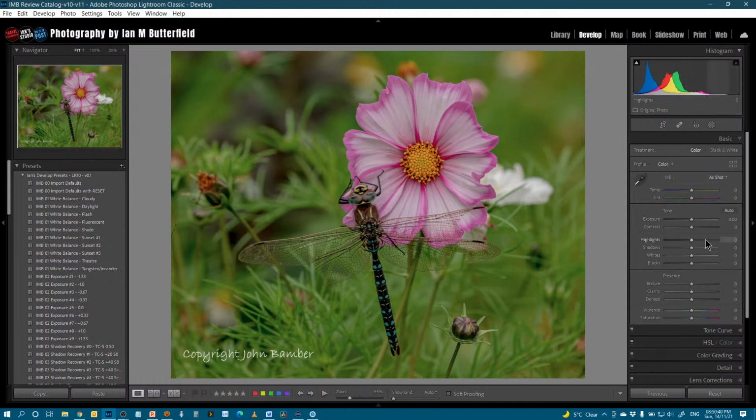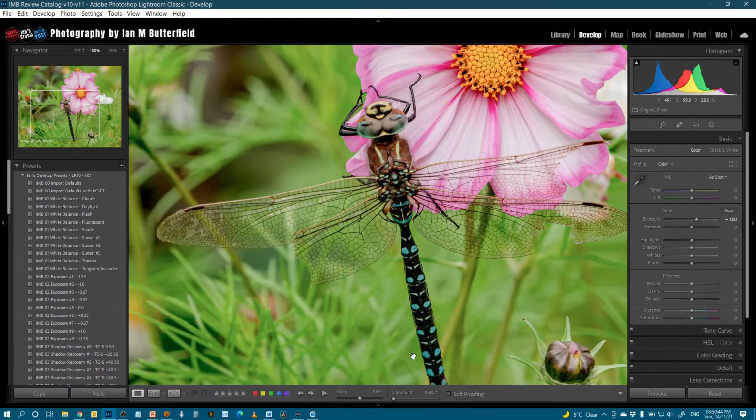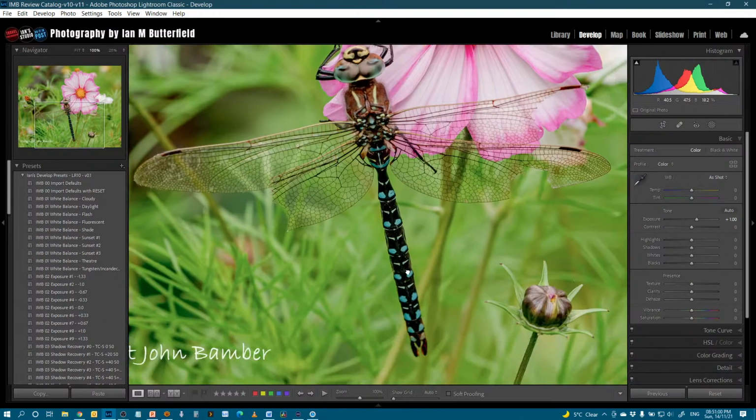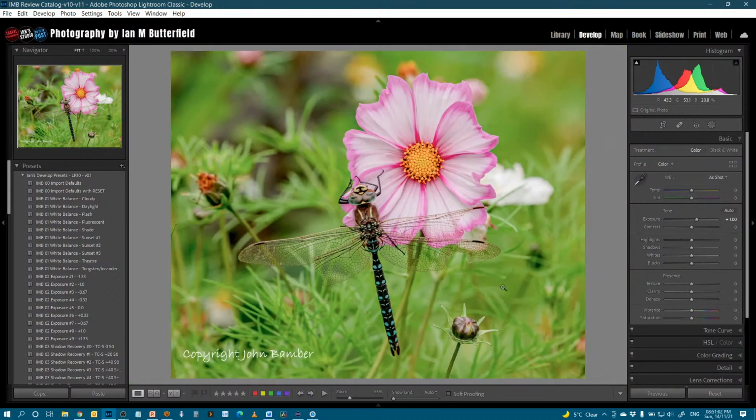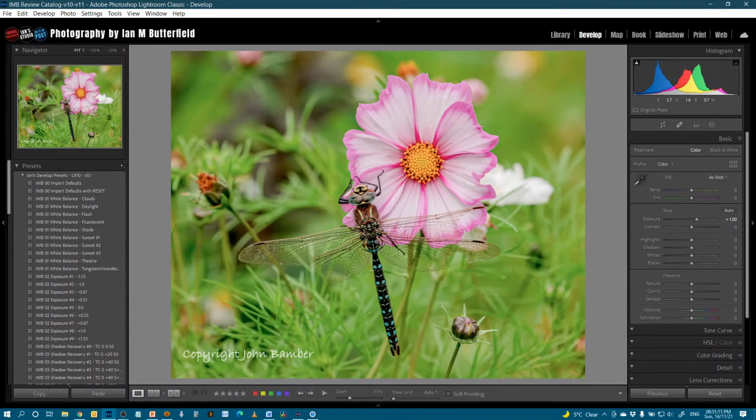John, a little bit underexposed on this one, but great shot. And it's absolutely tack sharp on the dragonfly. But that dragonfly's been in the wars, hasn't it? Something's had to go at one of its wings there and taken a bite out of that one. Poor thing. But really good shot. And also nice that your depth of field is sufficient for the flower as well. So really well done on that.